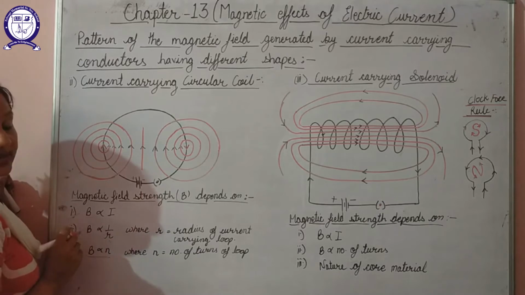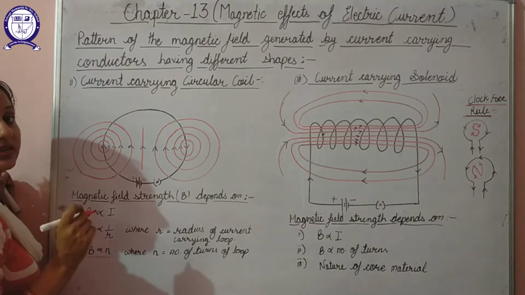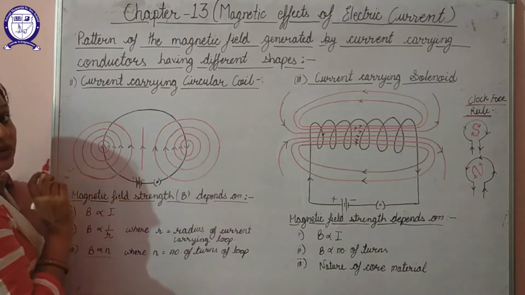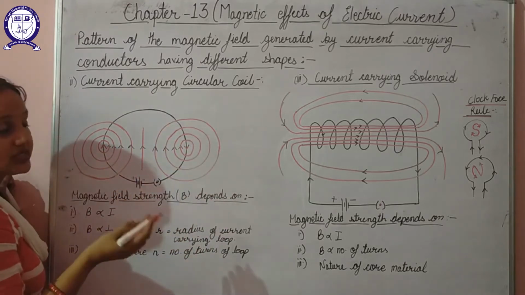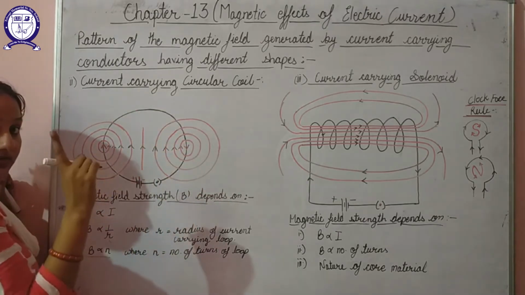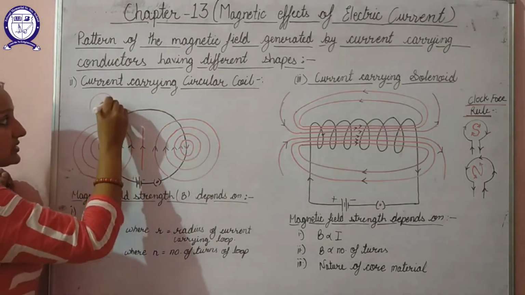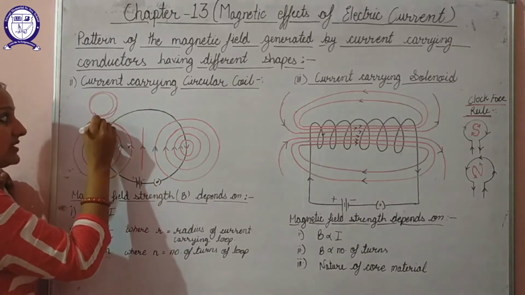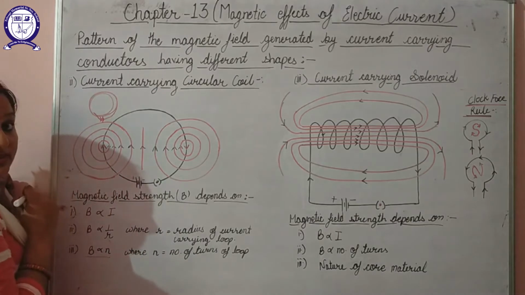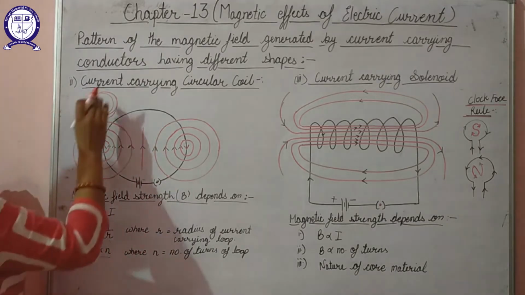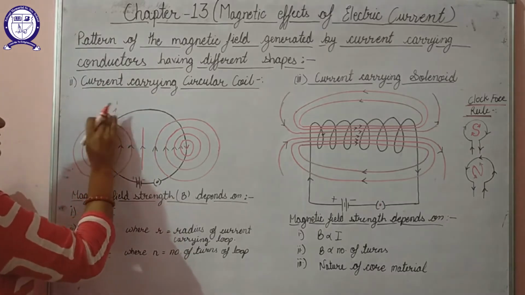Then it will be directly proportional to N, where N is the number of turns of the circular coil. If we increase the number of turns, obviously the magnetic field strength will increase. Number of turns means, here I have wound this wire one time only. This is the first time, second time, third time; like this, if I increase the number of turns and then connect a battery, we have increased the number of turns. This was about a current carrying circular coil.